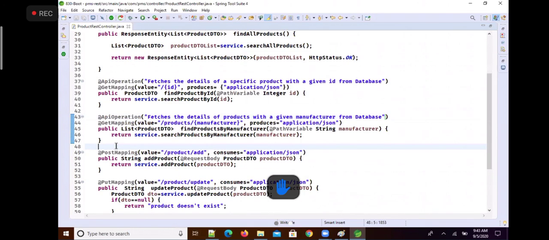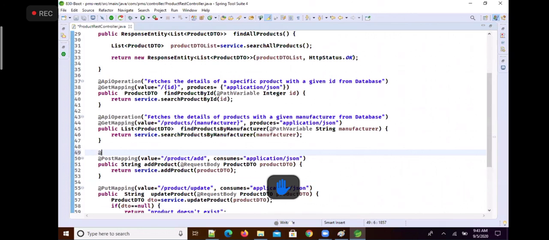This is to add a new product. So @ApiOperation: adds a new product's details to database.